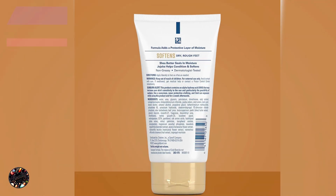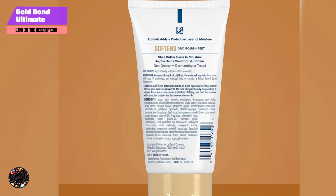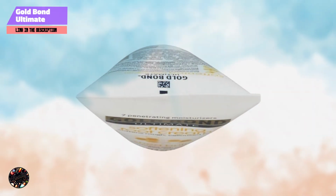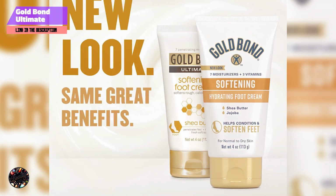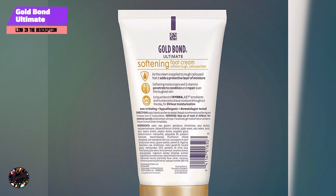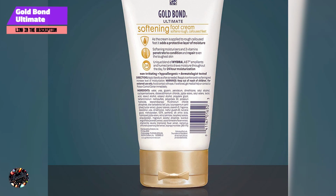Coming in at number 3 is the Gold Bond Ultimate Softening Foot Cream. Gold Bond Ultimate Softening Foot Cream is a favorite for those seeking relief from dry, rough feet. Known for its softening and smoothing properties, this foot cream is formulated with a blend of shea butter and other nourishing ingredients that work together to provide intense hydration. Whether you suffer from cracked heels or just need some extra moisture, this foot cream promises to leave your feet